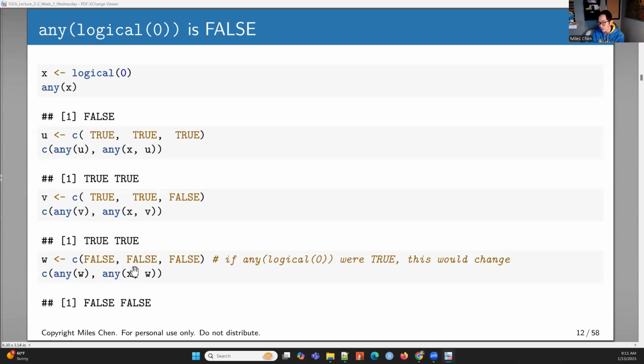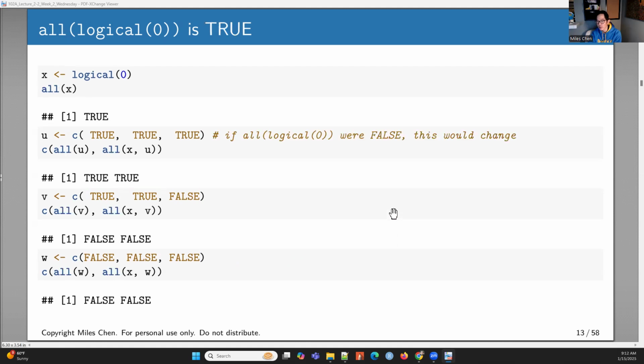So in order to prevent this from changing, because we're really adding nothing, right? We're adding like a null statement to it. The any on the length 0 needs to be false. And with a similar kind of logic, all applied to a length 0 vector evaluates to true. All on the length 0 vector